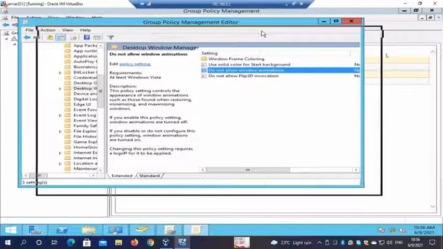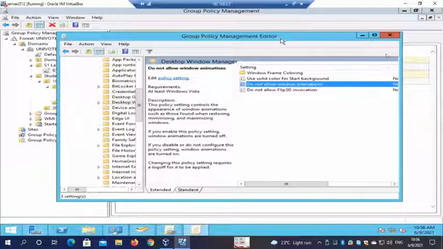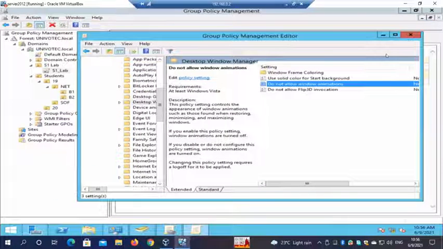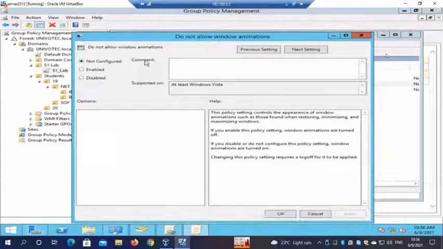So that will improve actually the speed, right? When I disable Windows animation, it will increase the speed of the computer because it does not take any processing, right? Since there are no animations, it speeds up the computer, right? So if I want to make sure that the lab computers, maybe to increase the performance, I decided to enable this. So then, yeah, if you enable this policy, Windows animations are turned off. If you disable or do not configure, so currently it was not configured, then Windows animations are by default on, right?